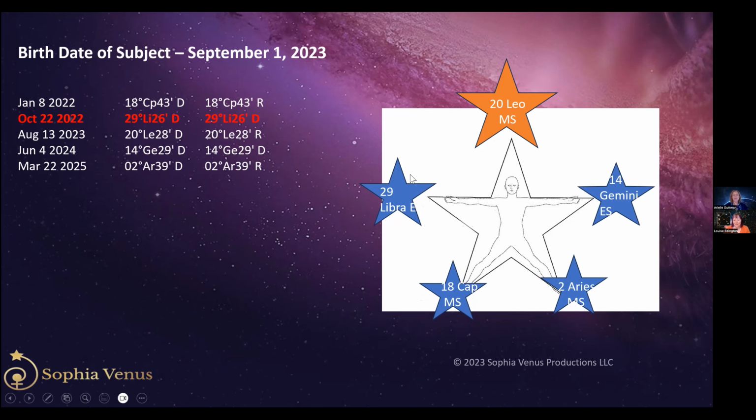Now we go to the one just previous to that. The one that came before Leo was Libra, 29 Libra back here. And it came before because the date is prior. It's October 2022. So that's the arm. And the date that occurred before that for the Kazemi was 18 Capricorn. So that's the foot. Because it's always a clockwise speed, you could actually start at this foot and say number